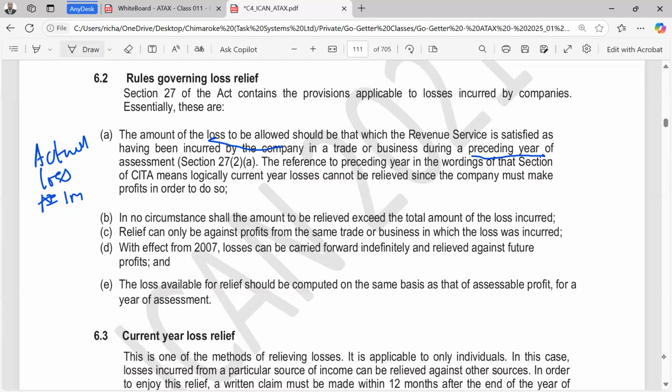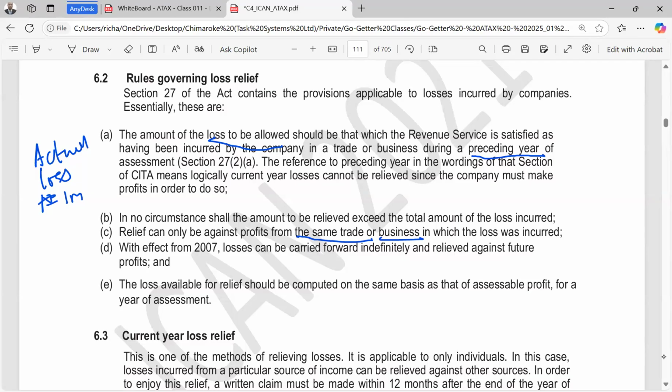Now, the key words here are the same trade or business. If, for example, you are into three kinds of business, you have an insurance business on one side, you have a trading business, you have a poultry farm. These are three businesses: agricultural business, insurance business, and trading. And maybe you also have a rental business. Now, these are like four businesses.